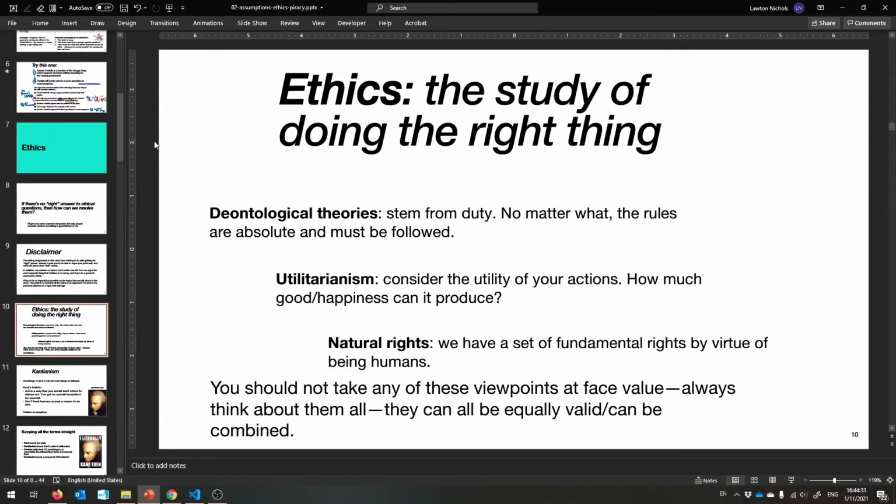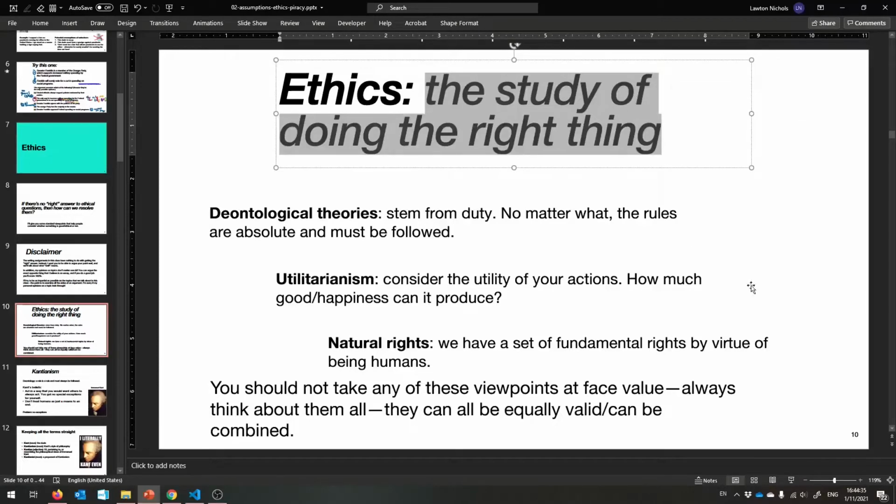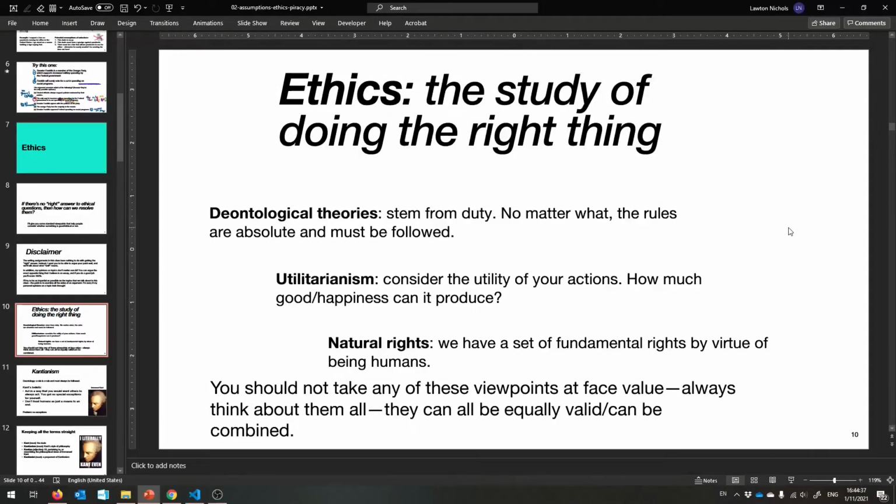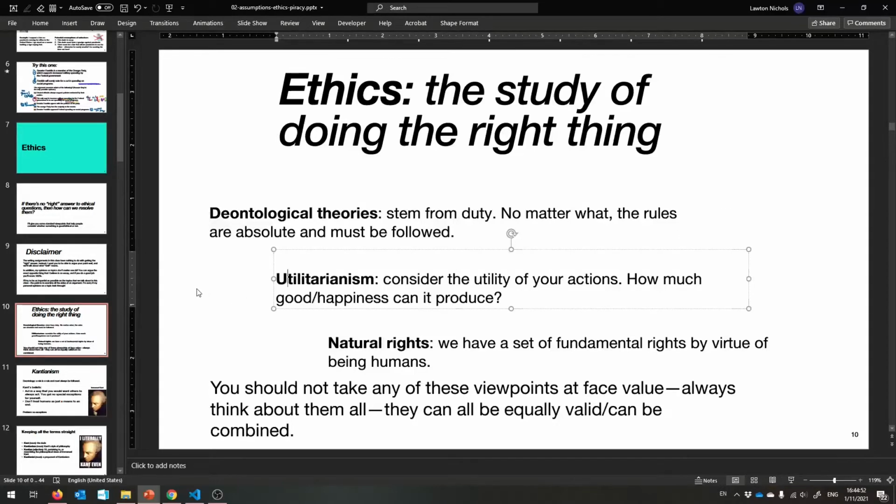All right, let's get started with studying ethics. It's the study of doing the right thing. And there's a bunch of different viewpoints that we could take, a bunch of different people who thought things, and a bunch of other people that agreed with them. So there's plenty of things that we could talk about, and if you like this topic, I encourage you to take a philosophy class. But we're going to hit these first two really hard.